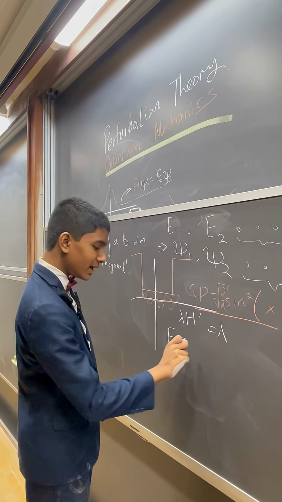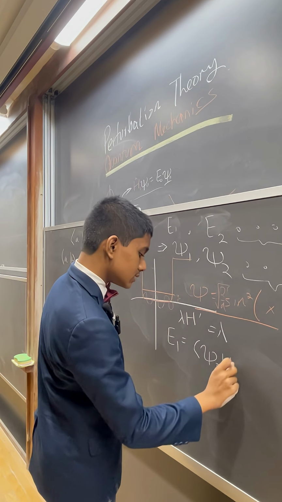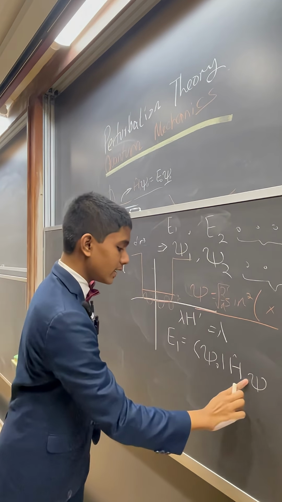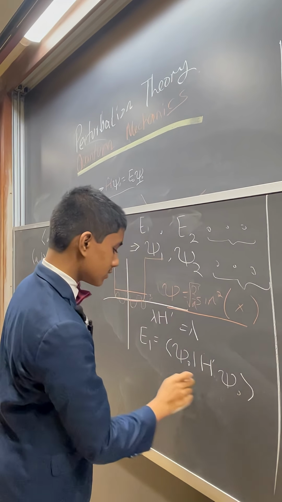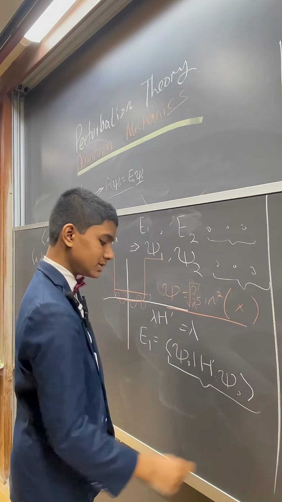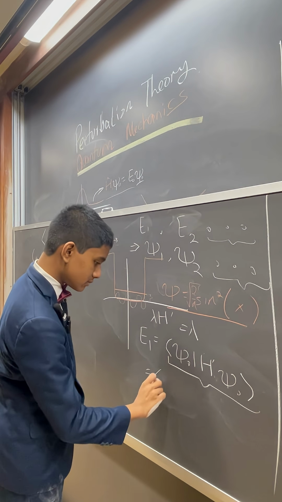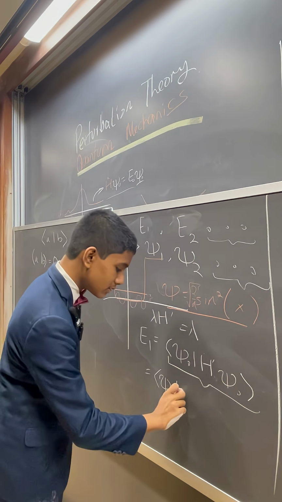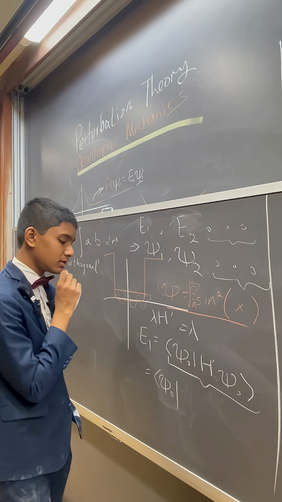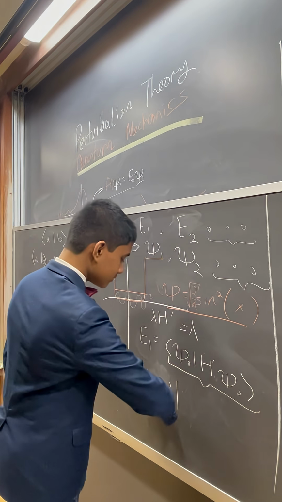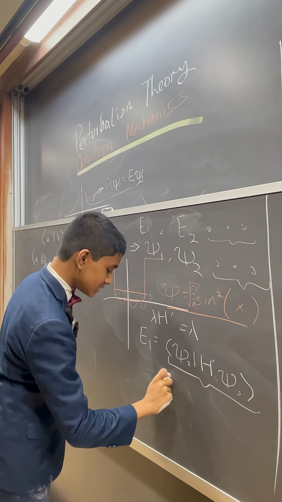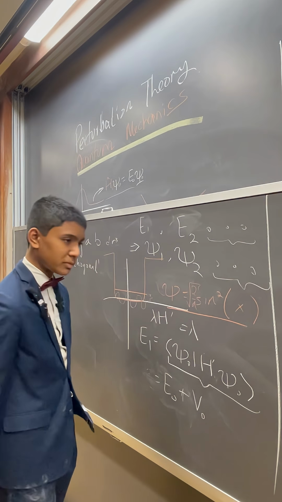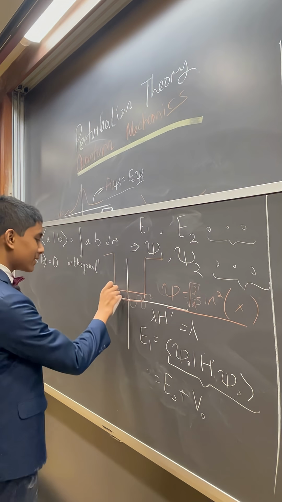E1, the energy level we get is what? Well, it was psi naught, it should be psi naught h prime psi naught. This is equal to what? Well, consider that, h prime, E1 here is just E naught plus the magnitude of the perturbation, which is kind of strange, but it makes sense that